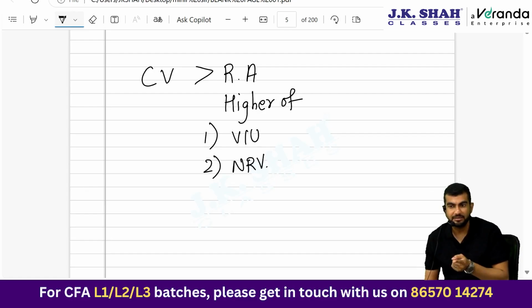And let me tell you one thing, that impairment will come into picture only if the company follows cost model. How do I know whether the company is following cost model or reval model in IFRS? Notes to accounts, it will be mentioned. Okay, fine. So this is impairment treatment under IFRS.